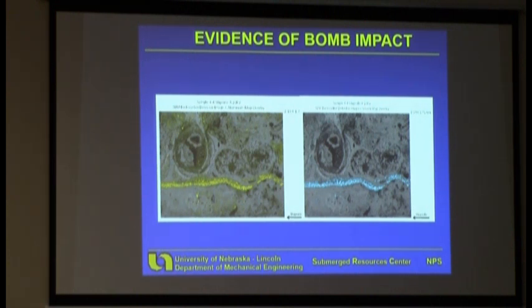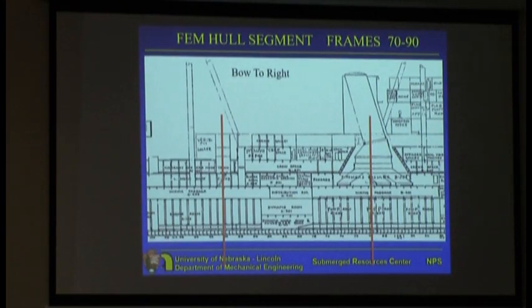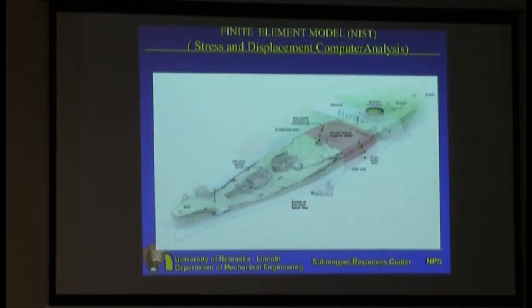And we've since developed modeling from this and done some other things which we hope we can get published, that might tell us a little bit more about how the rate of corrosion is being impacted by early stage versus long stage corrosion. So that's just another part of it. But anyway, the concretion can be an interesting part of our studies. Now, to get on to finite element analysis,